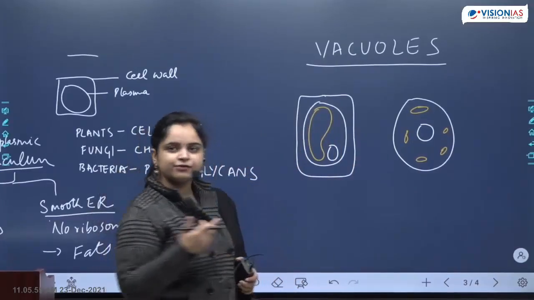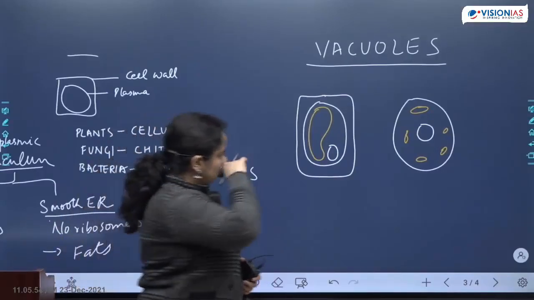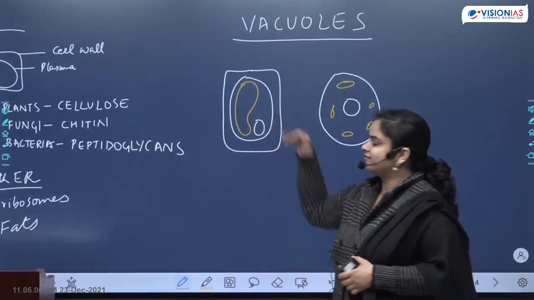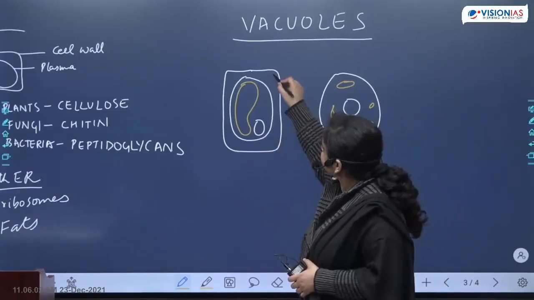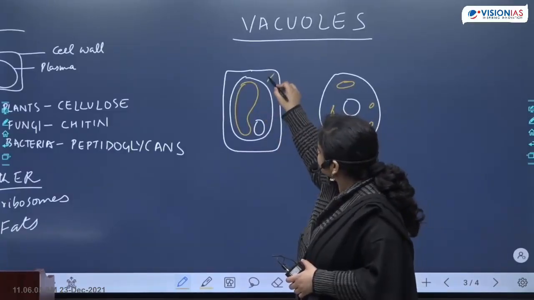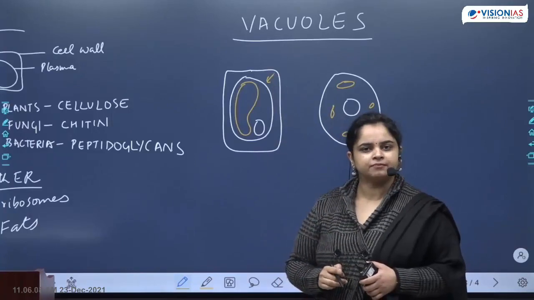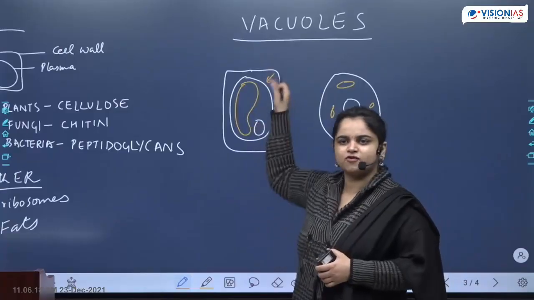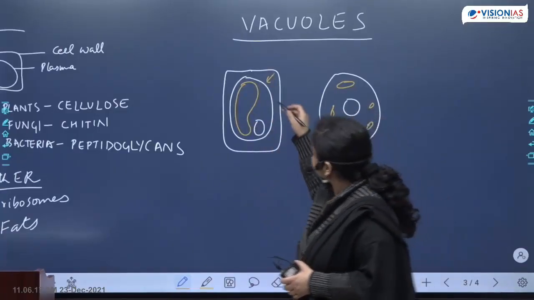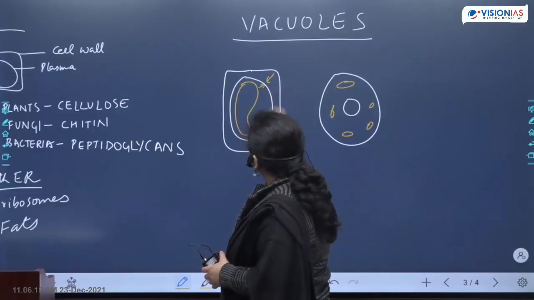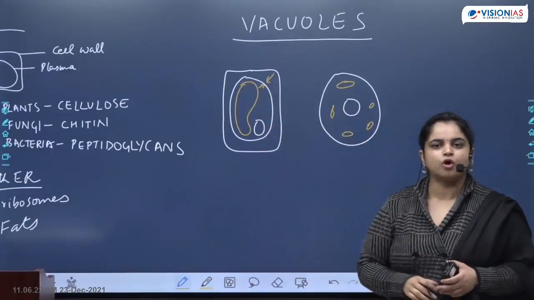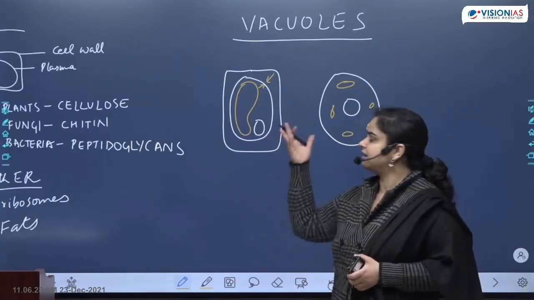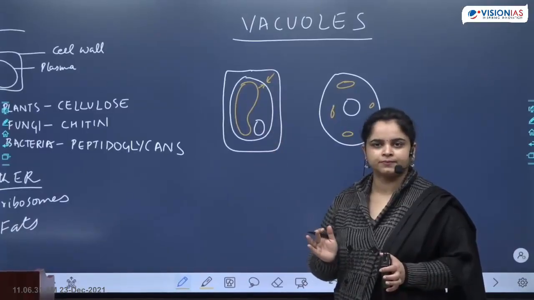Okay, if you have to think why is it like this? So what happens is, when it comes to plant cells, we have the additional cell wall. Now this cell wall will be giving some pressure on the cell membrane. So there is a possibility that this cell membrane can collapse with the force of the cell wall. So with the vacuole present, it provides a counter force on the cell membrane so that the cell membrane can stay in place. That's why one large big vacuole. Okay?